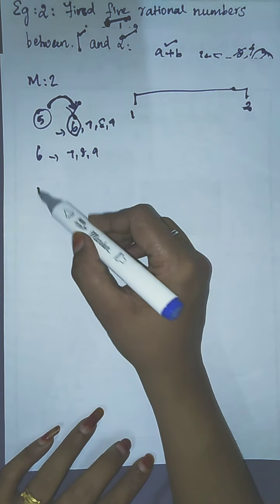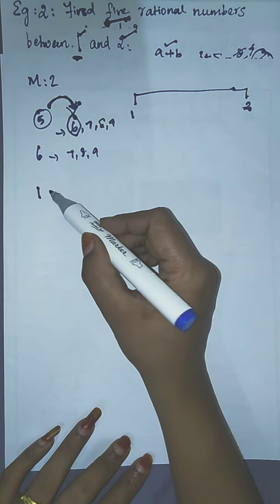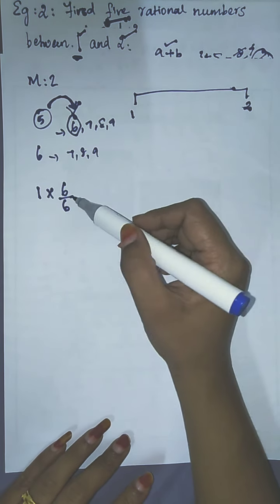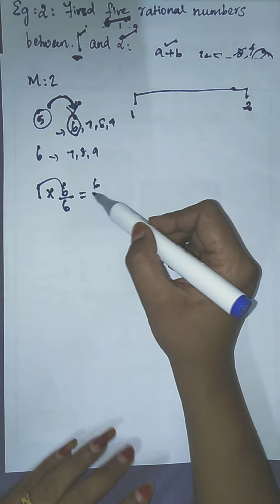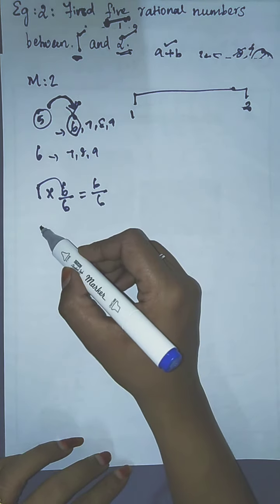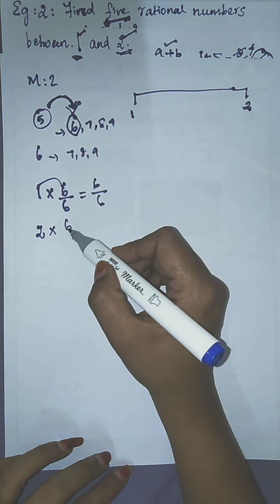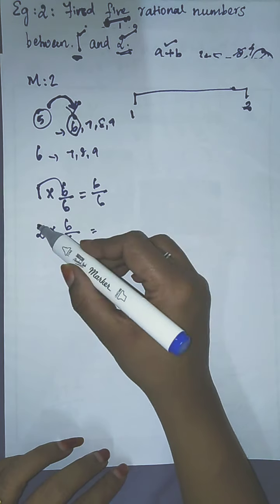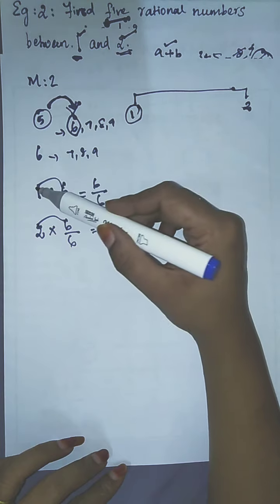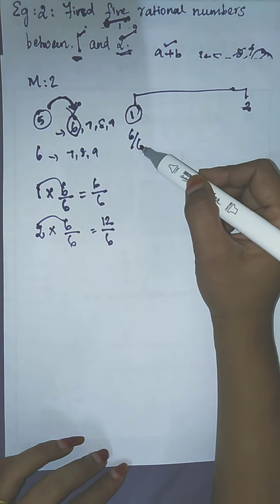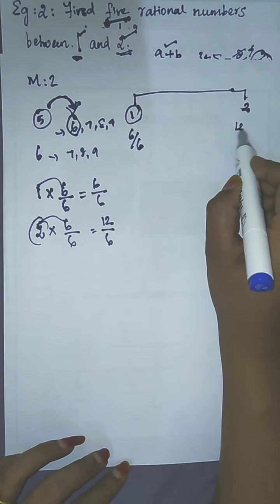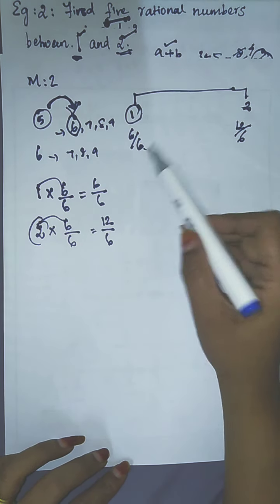So the first value is 1, right? So 1 into, we have to multiply and divide it by 6. So 1 6 is 6 divided by 6. Then I have to take the last number 2. Same thing, 2 into, multiply by 6 and divide by 6. So 6 2s are 12 divided by 6. Now for this number I can write it as 6 divided by 6, and for this 2, I can write it as 12 divided by 6. Now it is simple. 6 by 6, 12 by 6.